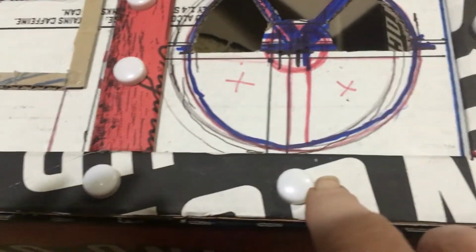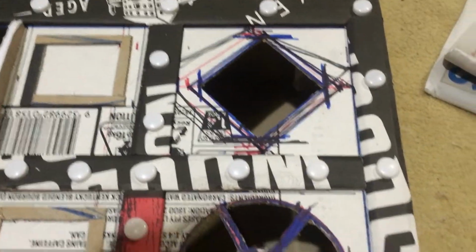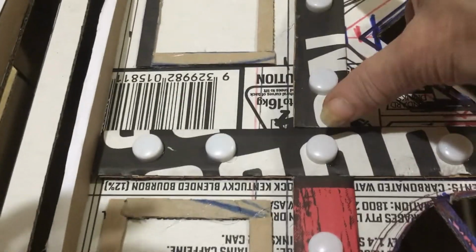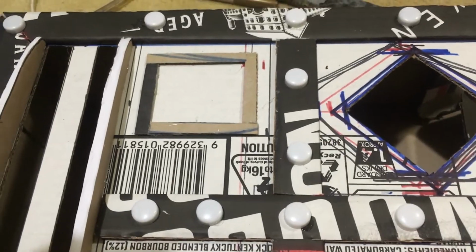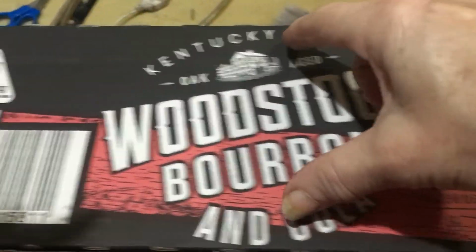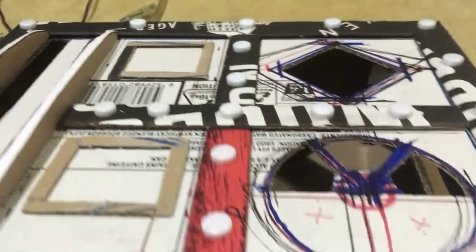So I've placed these little caps in all the positions that I wanted to be in, and now I'm going to glue those in. So on the sides I've put 5 of the little studs, and down the center I've got 2 on each of the little divisions, and 1 in the center of where the 2 divisions cross over. And on the top I'm going to be gluing 2 on the corner, 2 in the center, and 2 on the other corner. All my little studs placed on the bottom, the top,